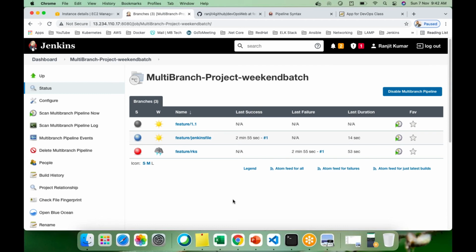Your all team members are also going to work on the same project, but different branches. In that case, you have to create a multi-branch pipeline, and this is how we work in companies. In real time, people are working like this. Now, if I don't want the master branch,